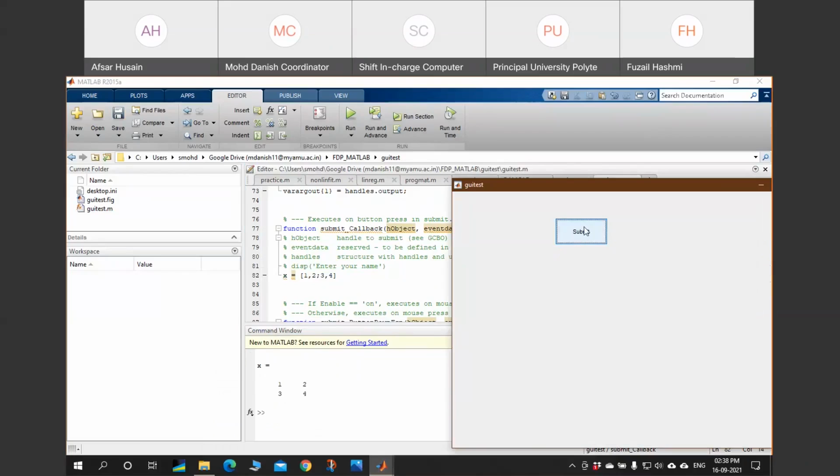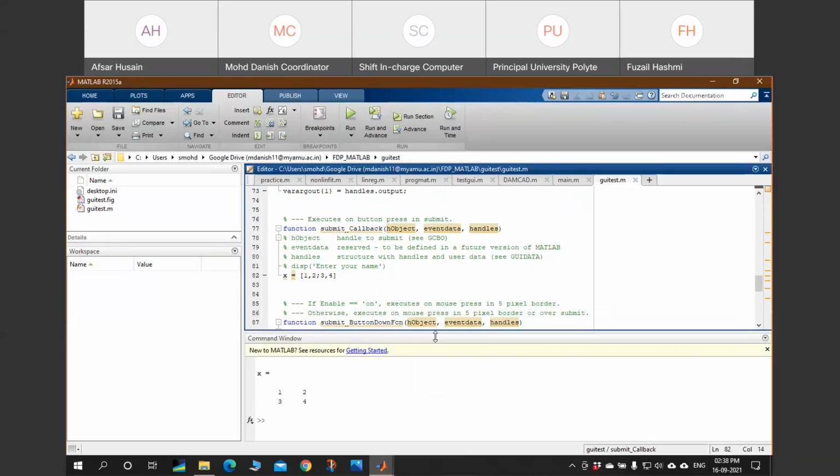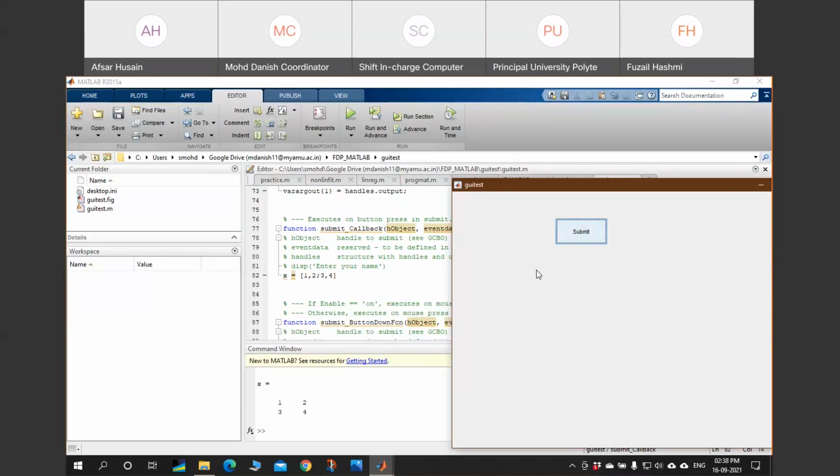Once you click it, it will go to the callback function and find the commands written over here. It will find x is equal to 1, 2, 3, 4, and this command will be executed. See in your command window, you will find the answer x is equal to 1, 2, 3, 4. It is a 2 by 2 matrix. So this is the answer to your first question: what is the callback function?